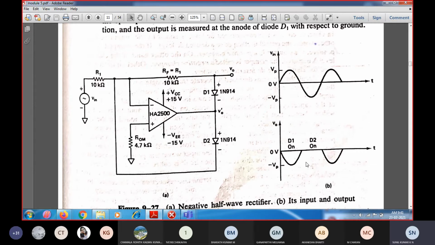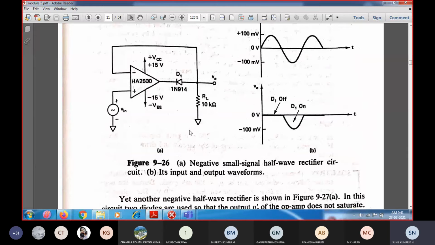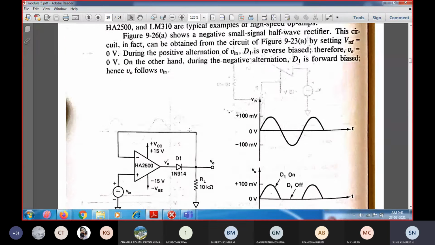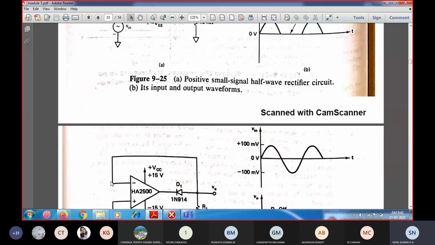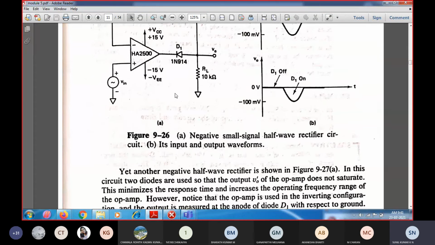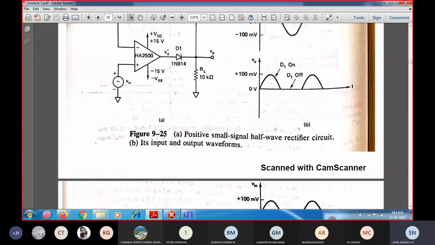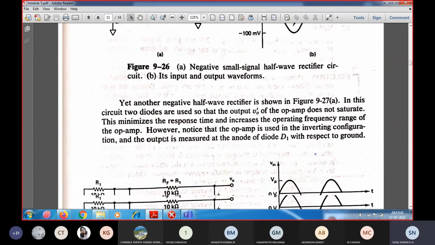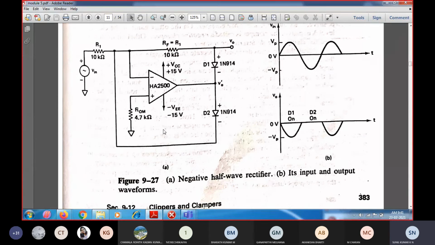So if I am getting saturating, whereas if they ask specifically for the half wave small signal half wave rectifier, it means you can write these two circuits. During the positive as well as negative half, reverse the polarity of the diode. If you reverse, then it will be positive as well as negative half wave rectifier. Whereas if they ask specifically to design a circuit for small signal half wave rectifier such that the op amp should